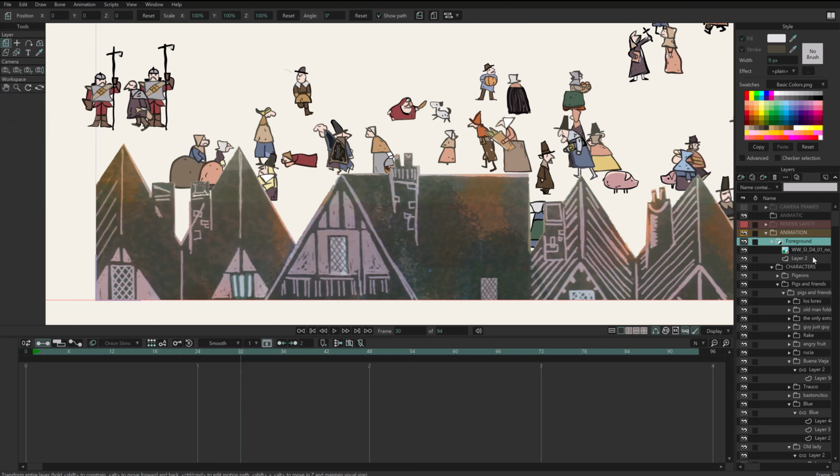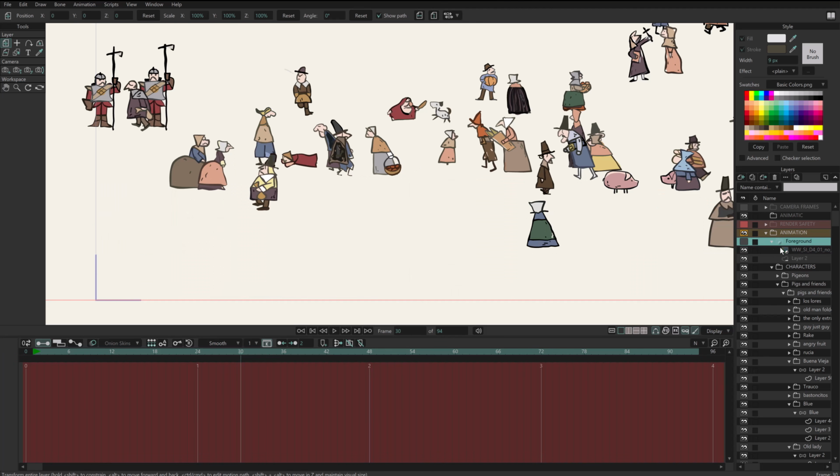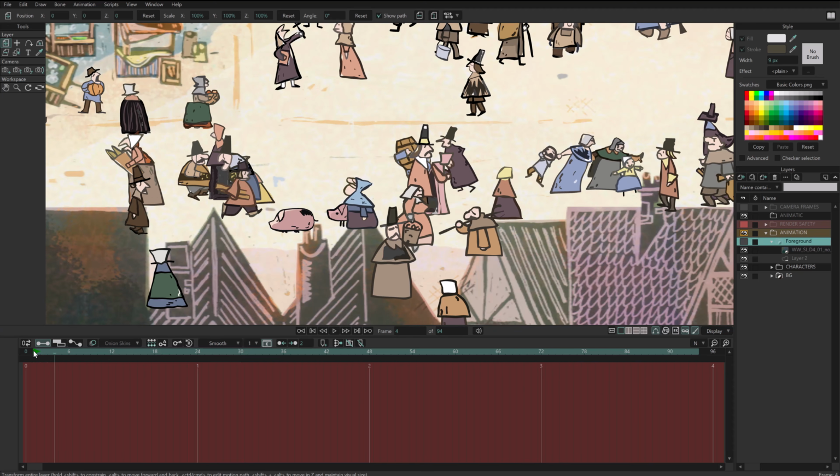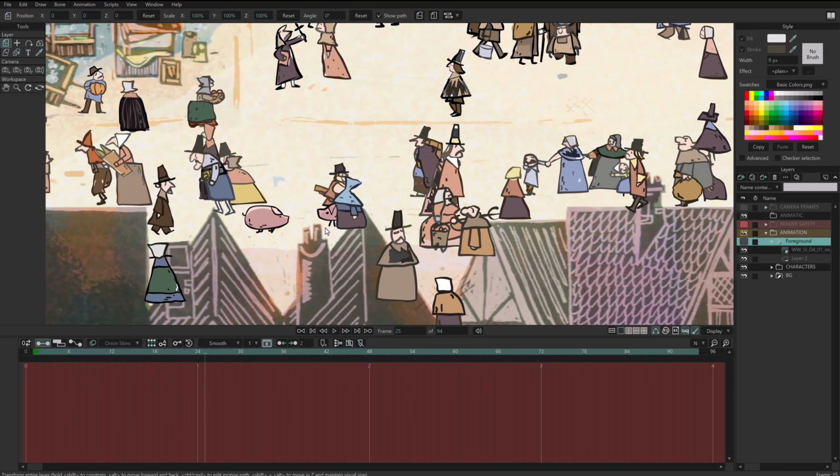Anyway, so let me just hide that again, and I will show the background. So let's continue. This is a part I really like with the pigs,